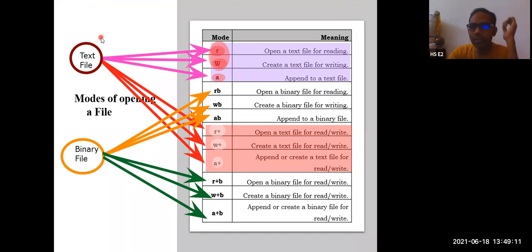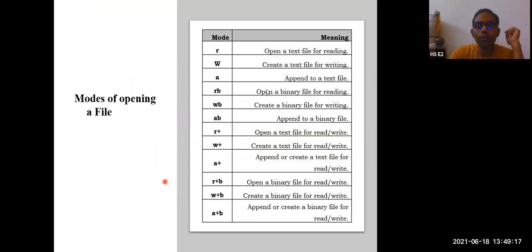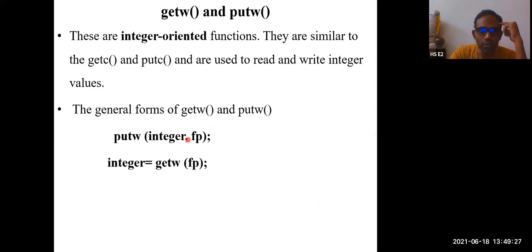So now in this class, we are going to work on binary files. Let me clear all the drawings. So we are going to work using binary files. Whenever we work on binary files, we don't have the same methods getC and putC, though we can use getC and putC. Let us see how to resolve those things. So here we have a new concept called putW, put a word.